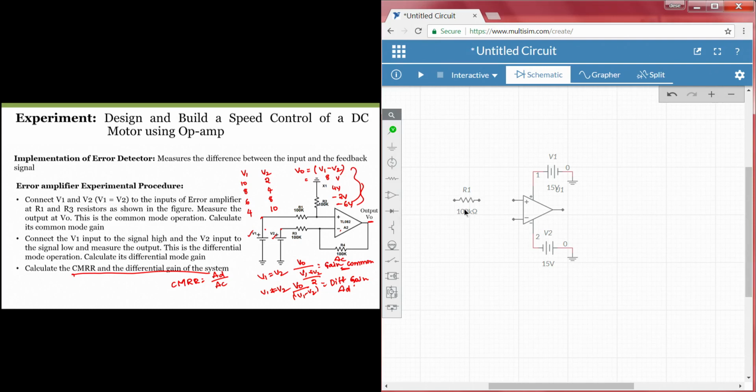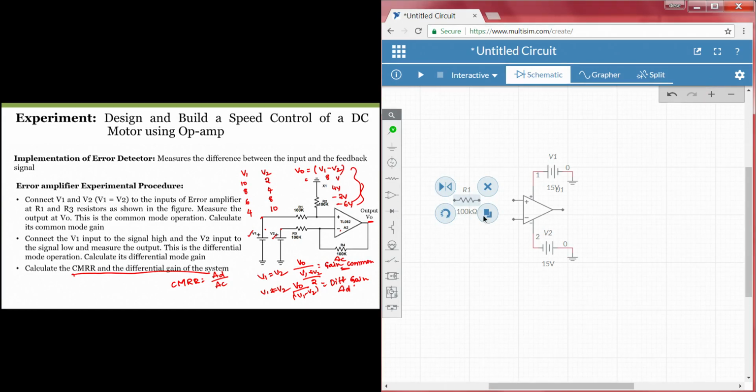The higher the resistances, the more the input impedance of the system. But the higher the resistances, the more noise in the system. Noise is always proportional to the resistance value. So we have to select moderately, between 10K and 100K. Even 1K can be selected, but it will have a slight loading effect on the previous stage of your system. If I go lower than 1K, to 100 ohms, it will have more loading effect. So in order to avoid that, we are considering somewhere around 10K to 100K. In this case I am considering 100K.